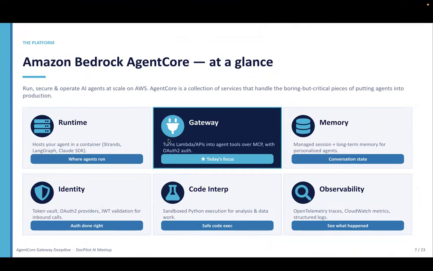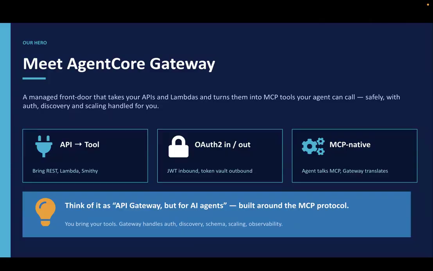We are not touching identity now, but we are going to focus on the gateway. For observability, we planned one session, which will come soon. And one more session we planned for the browser. I am building a use case for the browser which you can directly apply in your environment. Recently, there were a few more announcements, like the Agent Core registry, and in the next session I will try to include that. Since we have created multiple tools in multiple flows, we are going to create an Agent Core registry next. So what is Agent Core Gateway, guys?